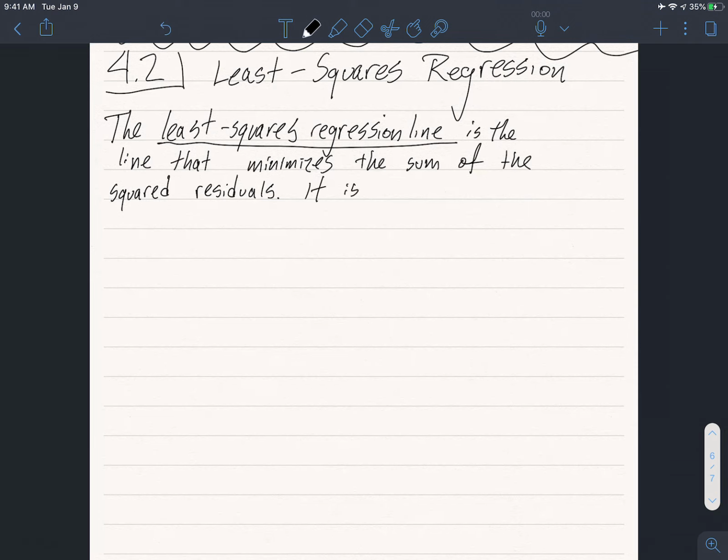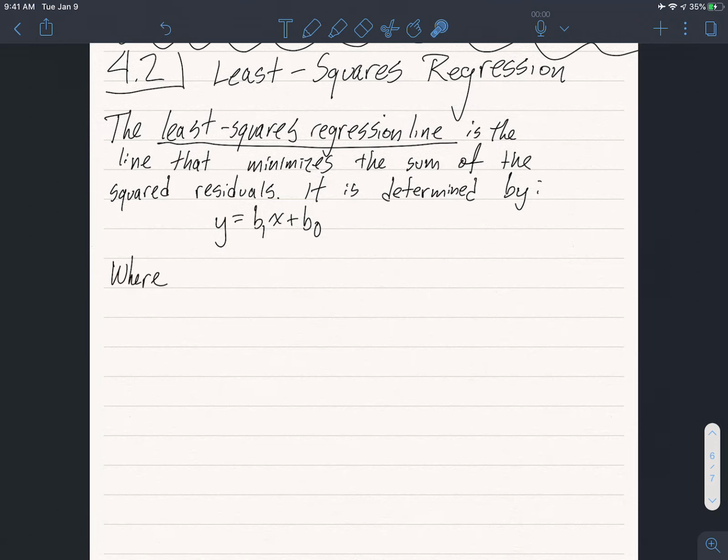It is determined by y equals b1x plus b0, where